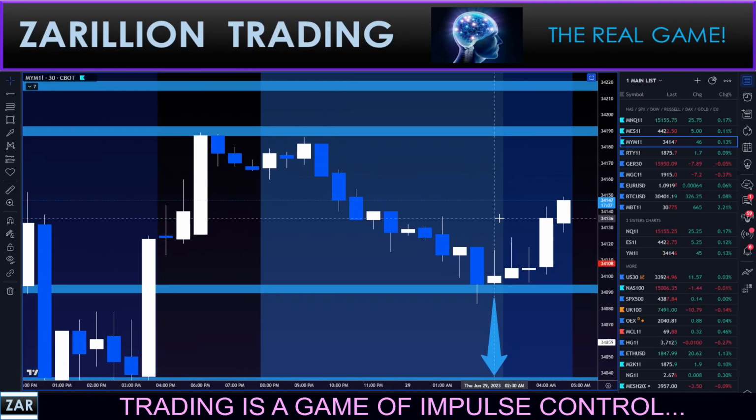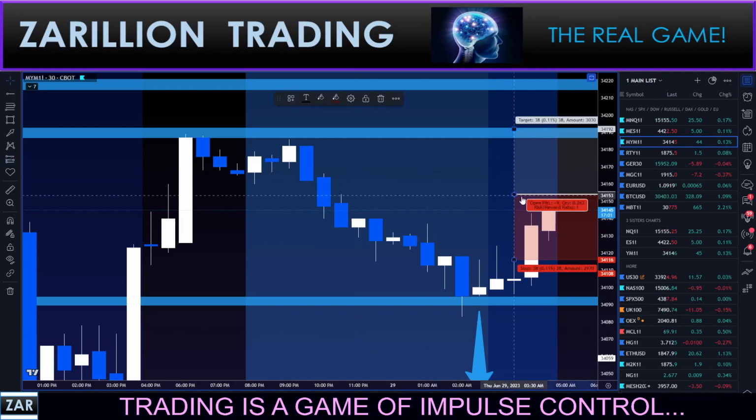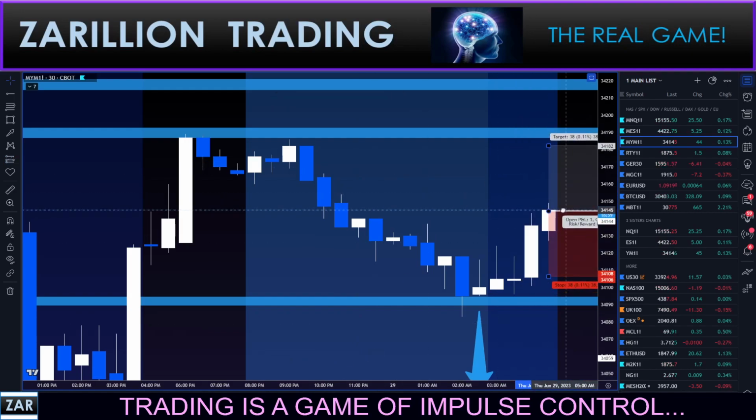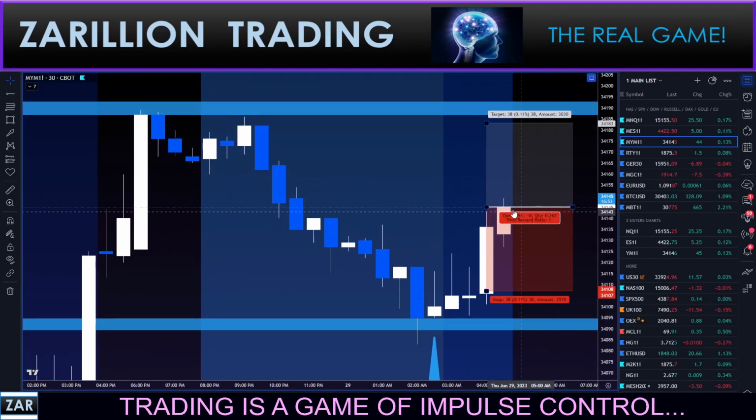Hope all is well. It's 4:42 a.m., guys, and I just had a little problem setting up my OBS software here. So let me do it like this. I've entered this trade, but I want to. Okay, there's a pullback now. So entering here, I entered on a buy stop to get in, but I'm going to